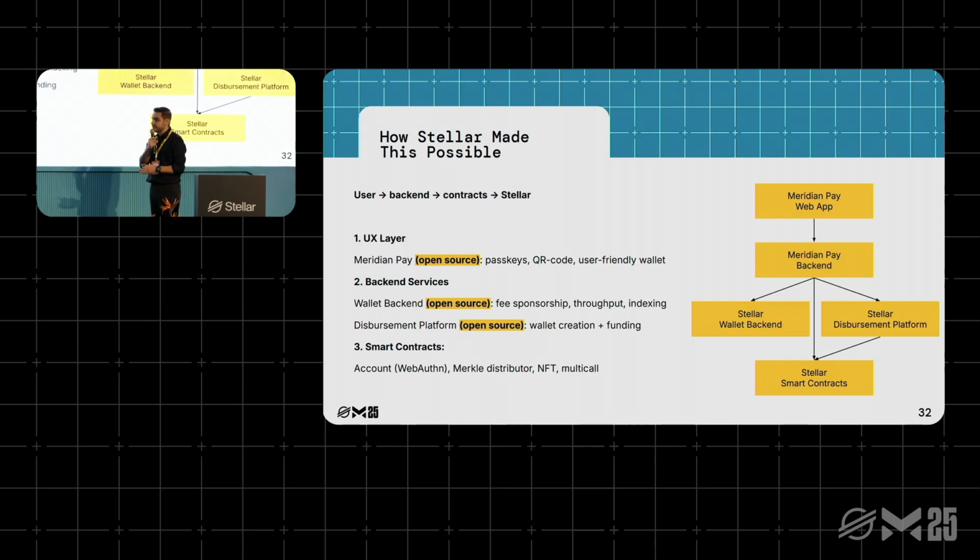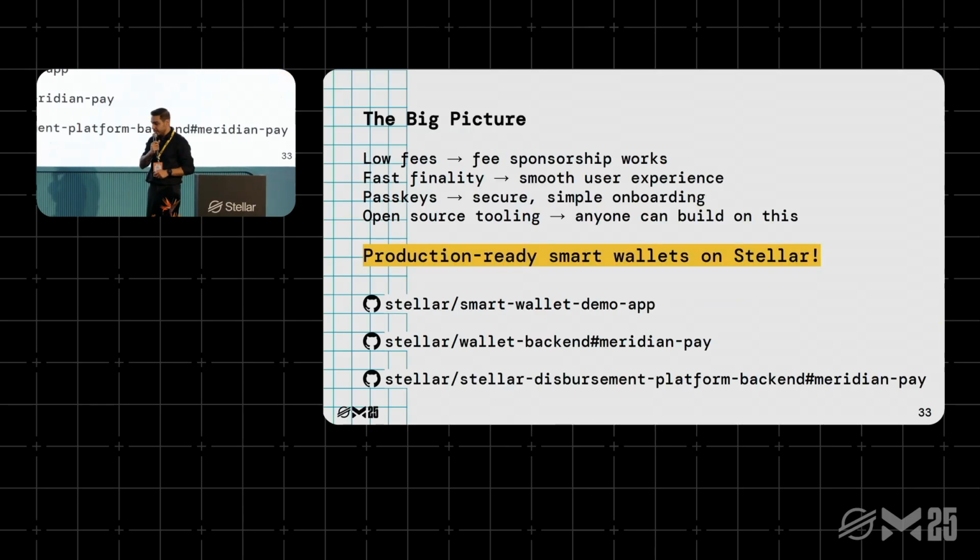And at the bottom, we have the smart contracts. We have smart contracts for the WebAuthn implementation, for the Merkle distributor to give the tokens for the users, for example. We have the NFTs implementation, and we also have a multicall implementation where we can bundle multiple contract calls into a single transaction. And the key message here is it's not about one thing, right? It's the combination of Stellar low fees, the passkeys, the contracts, and the enterprise tooling. These allow us to deliver such experience that's easy and anyone can use and try at a conference like this,